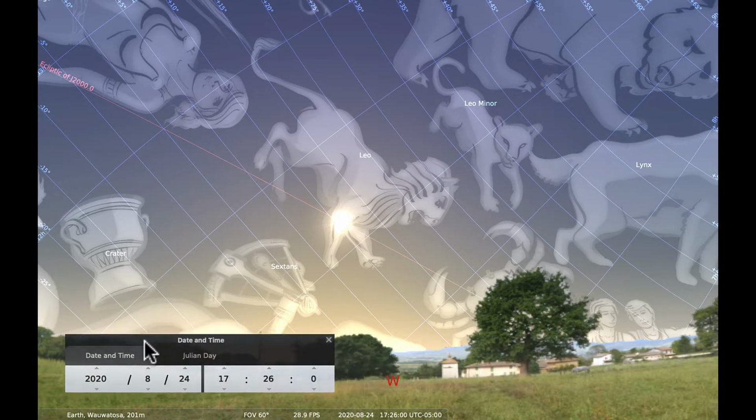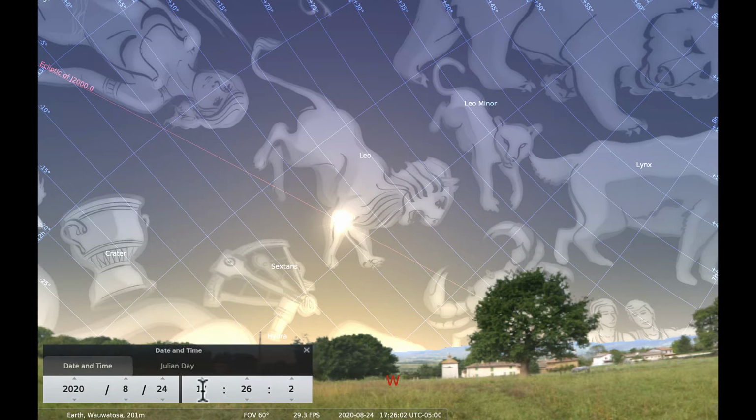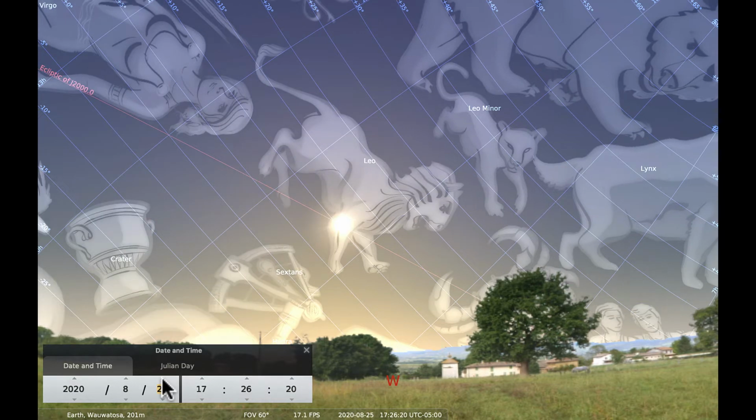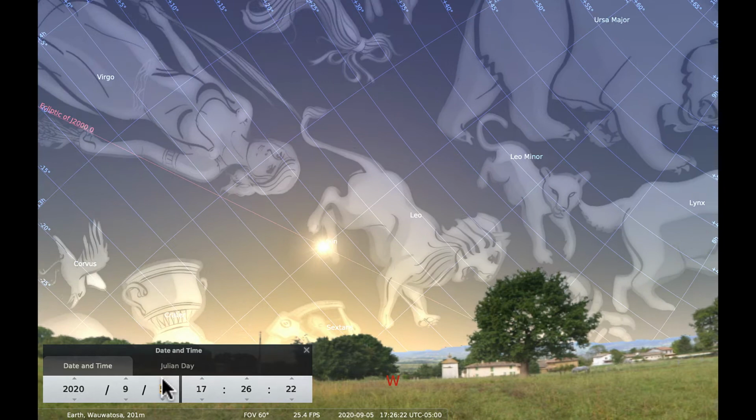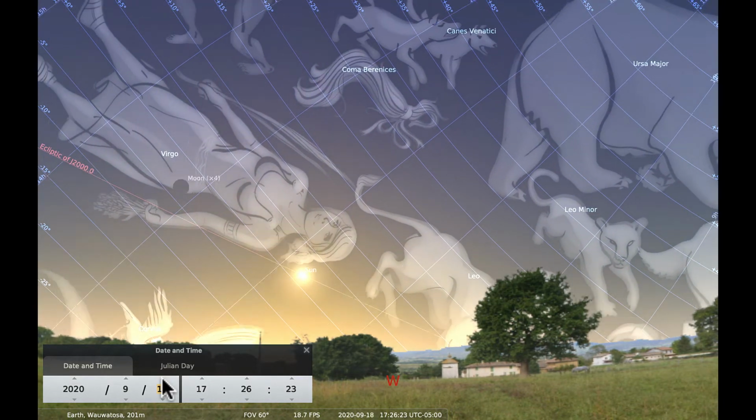Okay, so now what I want to do is open up my time and date window, and I will put it over here. Notice it is about 5:26 in the afternoon, and now what I'm going to do is quickly cycle through a year and show you how at about the same time, at about 5:30 or so in the afternoon, the sun is going to be at different locations over the course of the year. So you'll see here I'm moving forward in time. The sun, again, it's still about 5:30, but September,